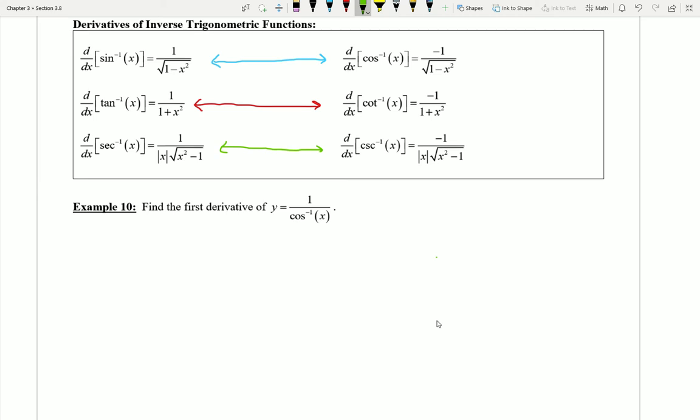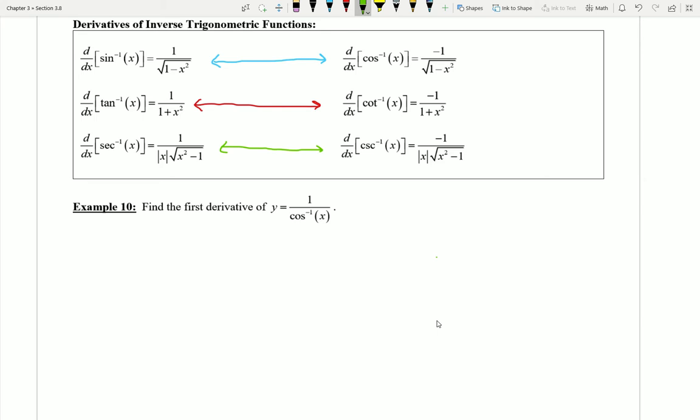To end this section, we're going to take a look at just two final quick examples, examples 10 and 11. These are just going to ask us to use these inverse trig derivative rules to actually calculate some different derivatives. Let's take a look here at example 10. I want to try to find the first derivative of the function y is equal to 1 over the inverse